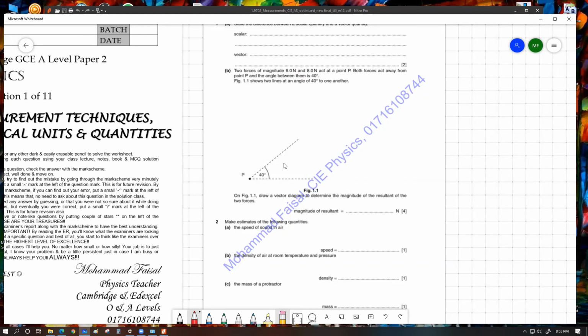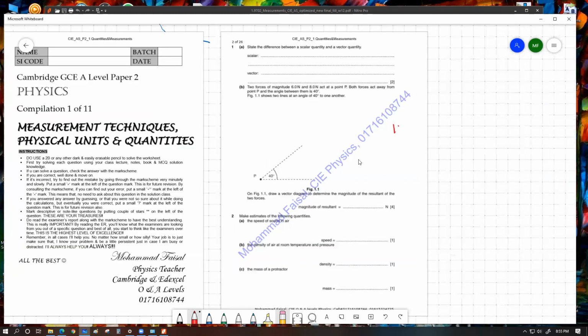So here you basically have to draw a vector diagram. We already have a triangle given here, so you might as well use your ruler, and for the amount of space over here, a scale of 1 centimeter for 1 Newton can be pretty helpful. For the amount of space that we have,